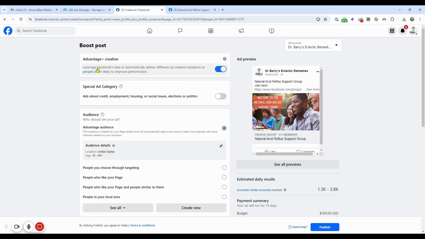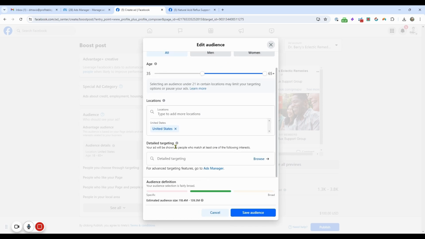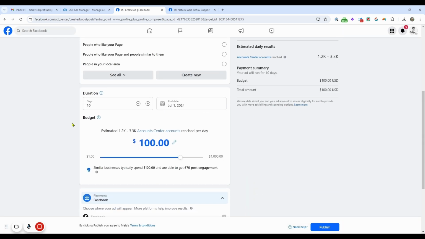And we're just going to use Advantage Plus targeting. You can narrow it down a little bit. We target more postmenopausal females, kind of in that 35 plus age range, but we can just leave it right here. Leave it at United States. You don't have to go too narrow. We want about 100 million in our audience list. And that's it. So we're going to do it probably over 30 days just to test it out.